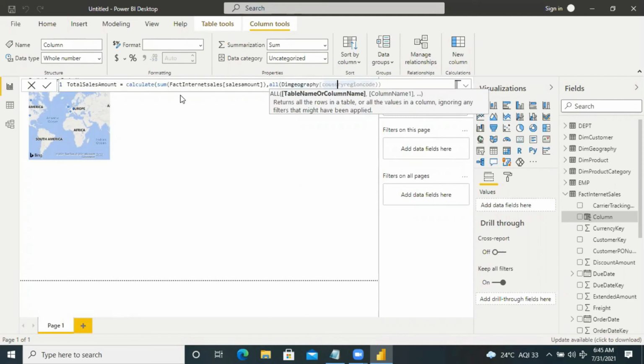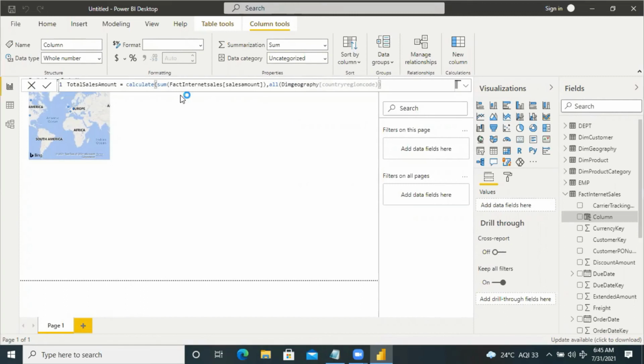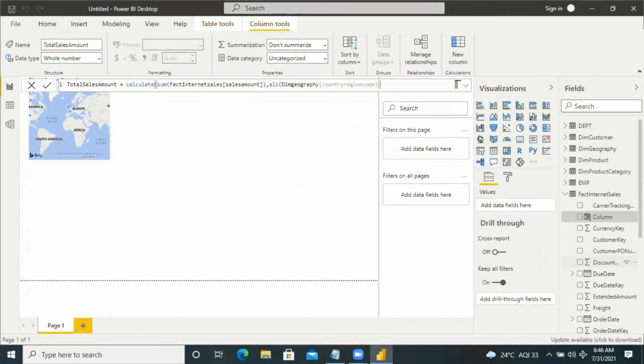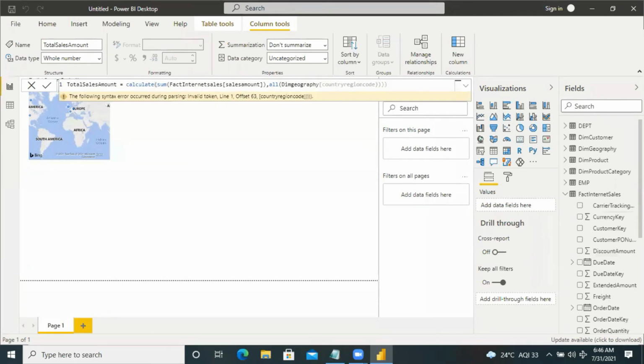DimGeography, the country region code. Then enter key here. I'm going to work on that, the new column will be added to the FactInternetSales table.